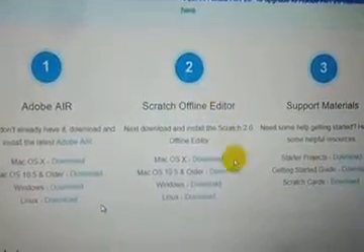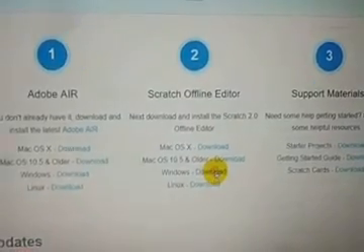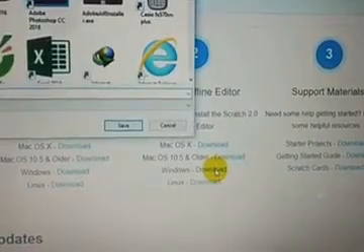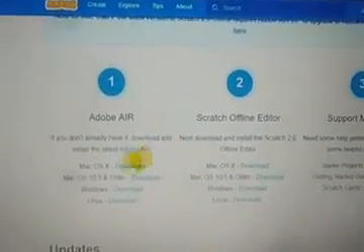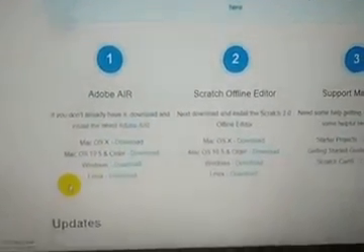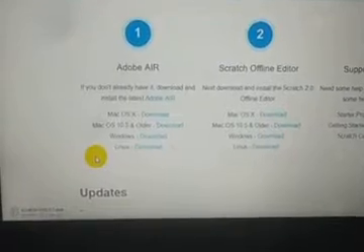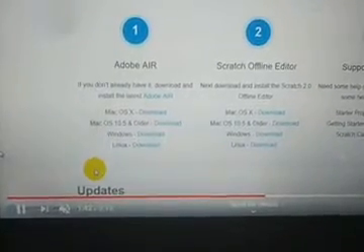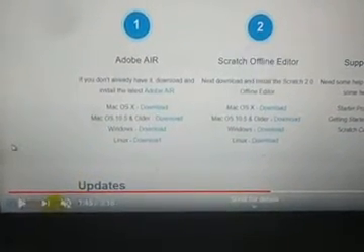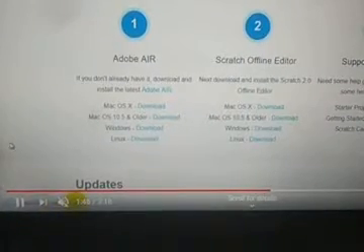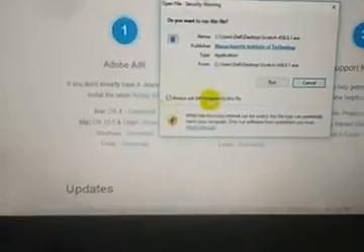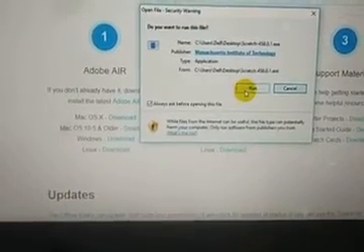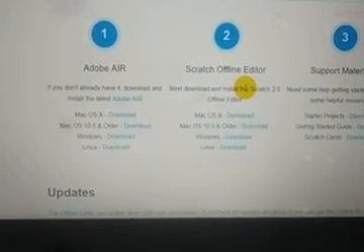It is not necessary to install Adobe Air. We will click on the second Scratch offline editor and Windows download. The dialog box will come and you will click on save, and it will save in the bottom side of the window, and right click over there and select the open option and click on run.